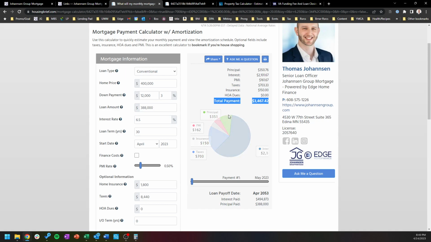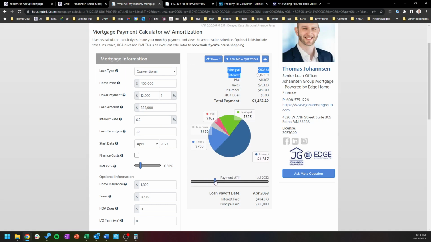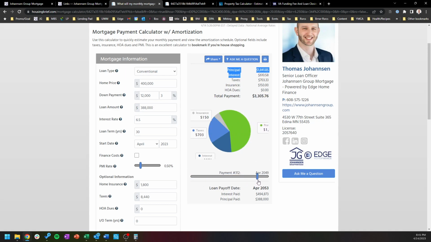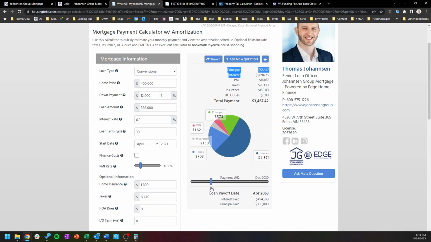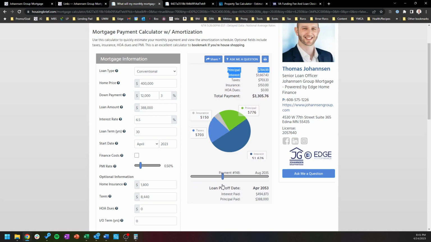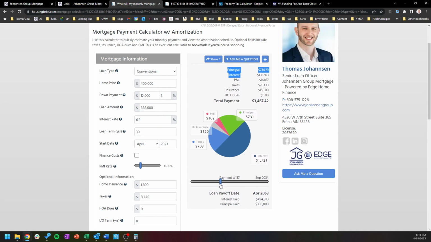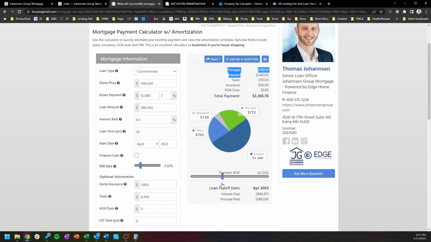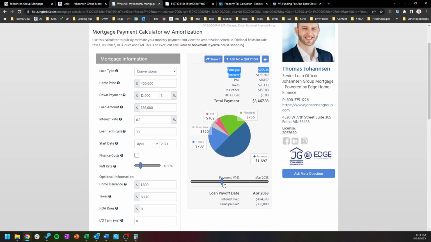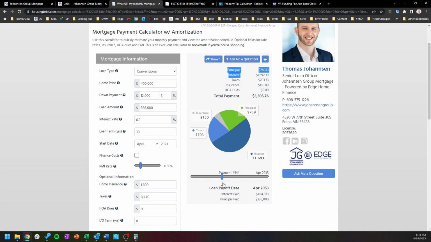$3,467. And in the first month, of course, there's a higher proportion of interest to principal, but the actual total of these two put together does not change if we look at this pie chart and slide through from month to month. Principal just becomes larger and larger over time, and that's really the nature of the amortization schedule itself. And you can even see that eventually that little pink slice cuts off, and that's the PMI itself. So right around there, it's about 12, 13 years from now or so